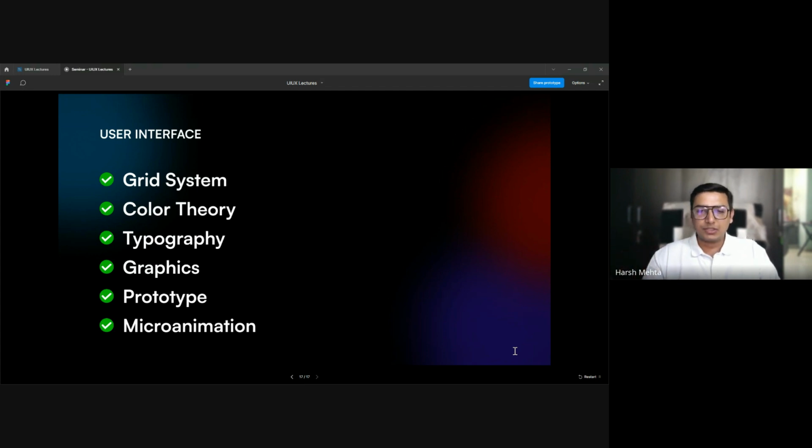You'll have a timesheet to fill in, so you will get a feel for what it is like to work as a UI UX designer. You'll get that feel for at least a month: if I become a UI UX designer, this is the work I have to do, this is the mindset I have to keep, this is how I'll have to work in my company, I'll have to fill in the timesheet and update it.